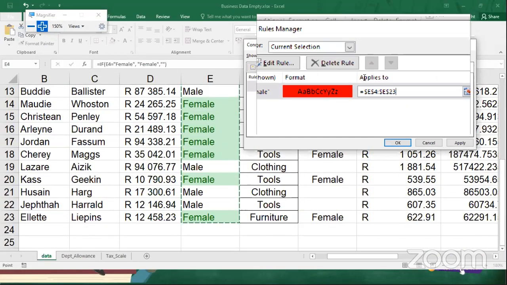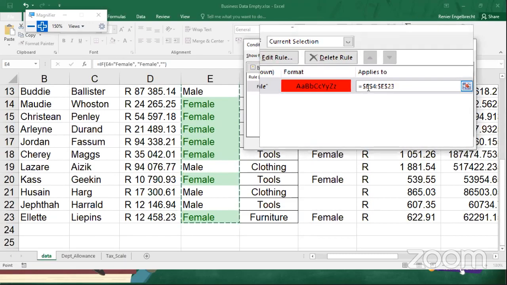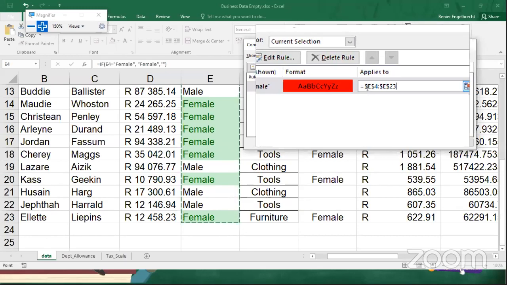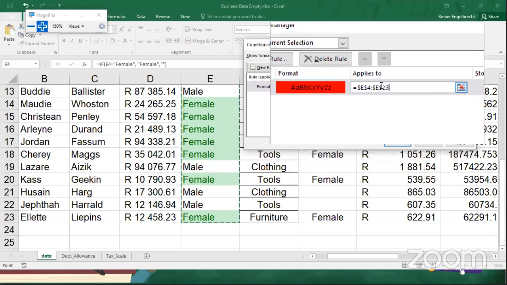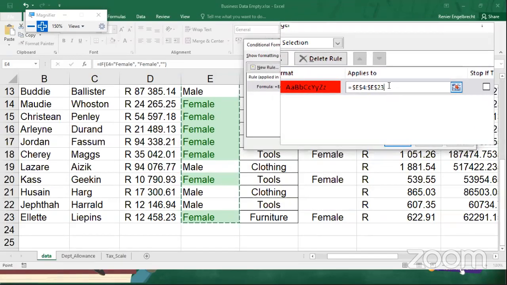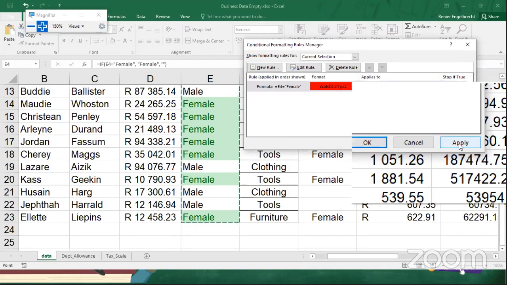Important thing is still, I'm keeping it, and I'm going to tell you now there's also a bit of an issue here with this particular one. But this is absolute cell referencing because we're only going to do it on this range. And Excel automatically puts that in for us. And that is sometimes where the issue is. Right, so this is only the first part. Okay, so if I apply